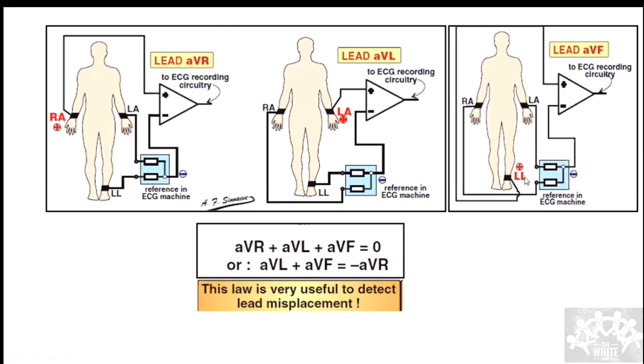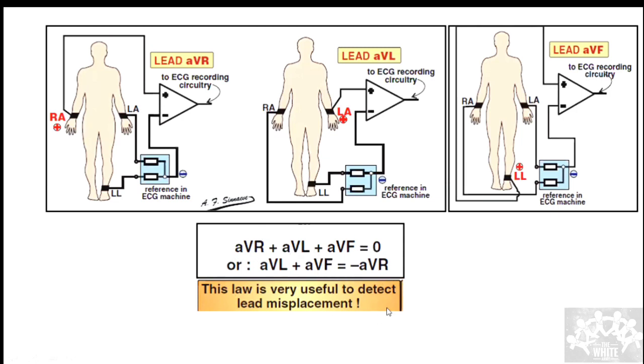See, if I'm taking only a single electrode, so if I take only these two, the potential difference that I will generate is less. That is why he took both together. So that created an augmentation. Two electrodes I'm taking together, so the electrical activity gets augmented. That is why it's called an augmented electrode. So AVL plus AVF is equal to minus AVR.